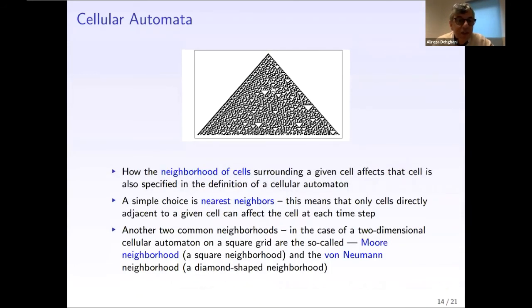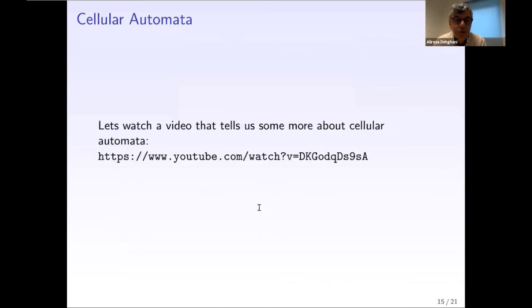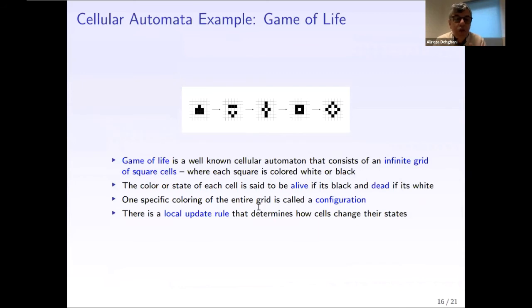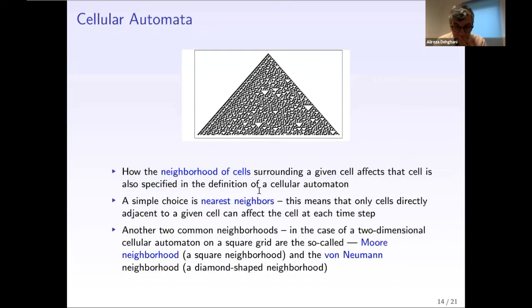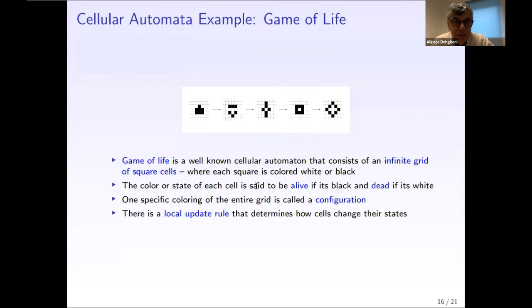Okay, and like I said, we start from a very specific configuration and we move to other configurations based on the state. Each specific cell could be black or white, in either of these two states. What the next state of that specific cell will be depends on the rules, and based on the rules we can do different things. I'll share some videos about that with you. One interesting example of cellular automata is the Game of Life. You know that game; it is available in the market. You can buy it, or you can play it on a computer.